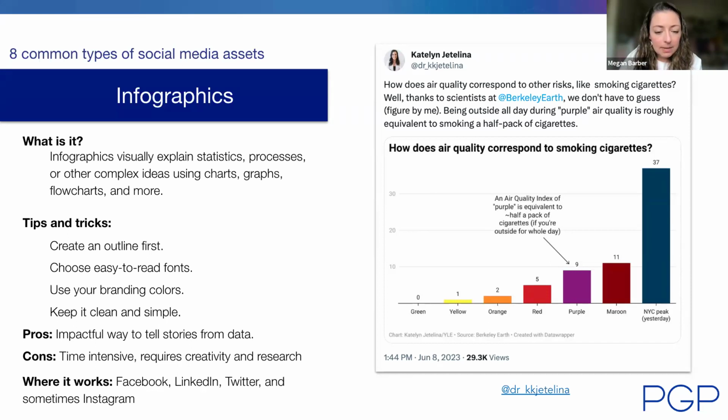And these can be, like I said, an impactful way to tell stories from data. However, you want to think about this: it can require a lot of time to create a nice graphic, and it does require research and accuracy to get the facts right. You'll see that this is from